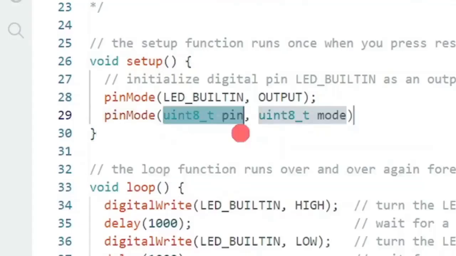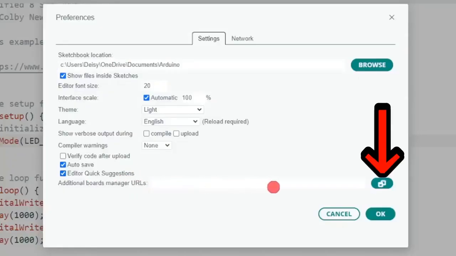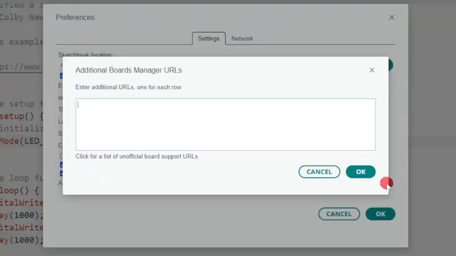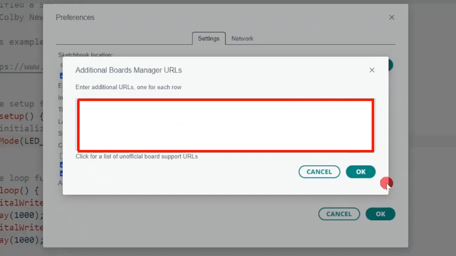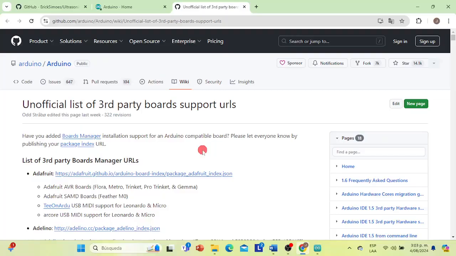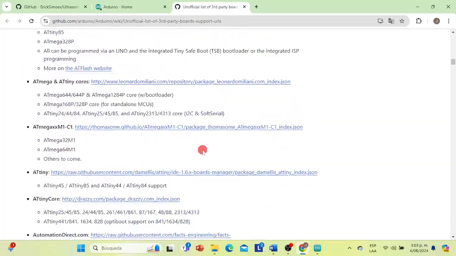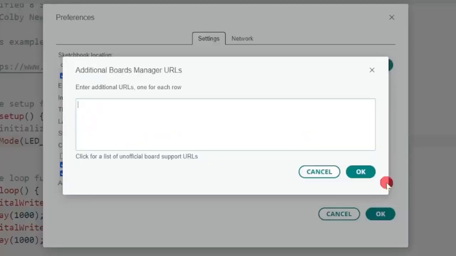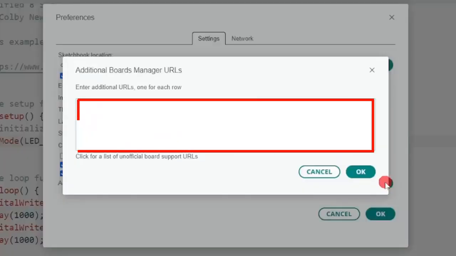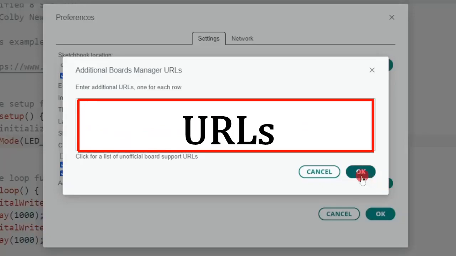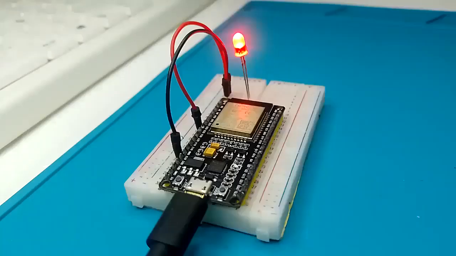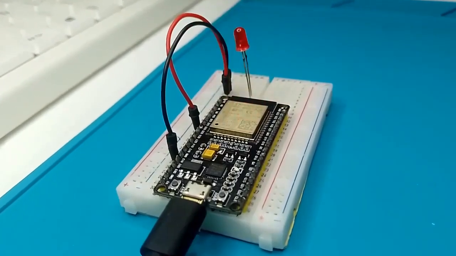And finally in the References, we find an icon for the Resource Manager or URLs for additional boards. If we click on the icon, a text box will be displayed, where we can place the web addresses or URLs, from where we want to extract the characterizing resources for additional development boards, which are not predetermined in the Arduino development environment initially. That's right friends, with this Arduino environment, we can also program development boards from other manufacturers